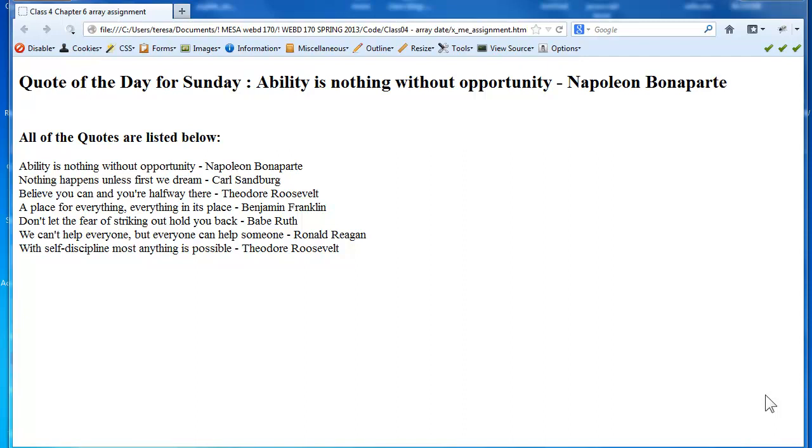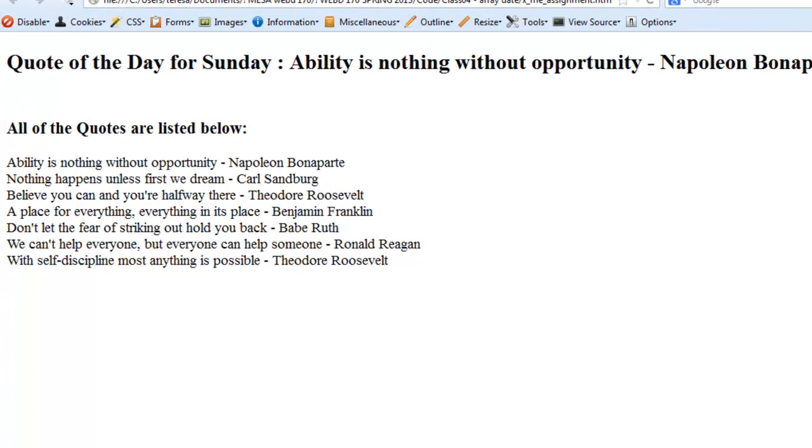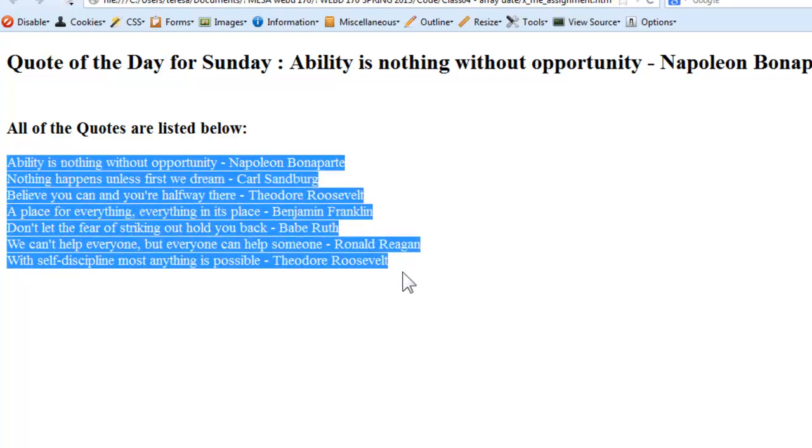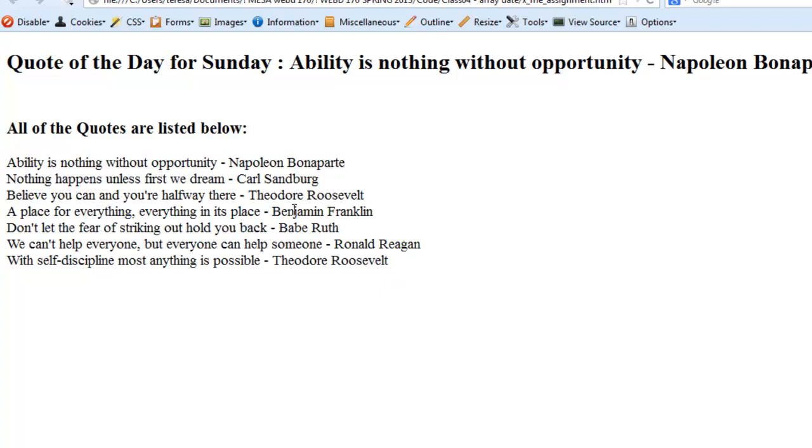So if you take a look at the website, your layout can look any way you want it to be. And actually, you don't have to use my quotes. You can use whatever you like, as long as it is a group of 7. So here we actually have 7 quotes, and they are loaded on the page by looping through an array. So we have these quotes in an array, and we're looping through them and writing to the page using the